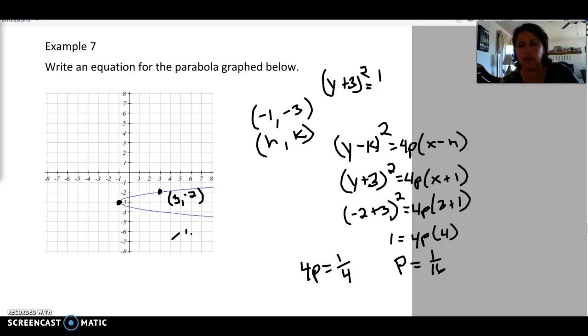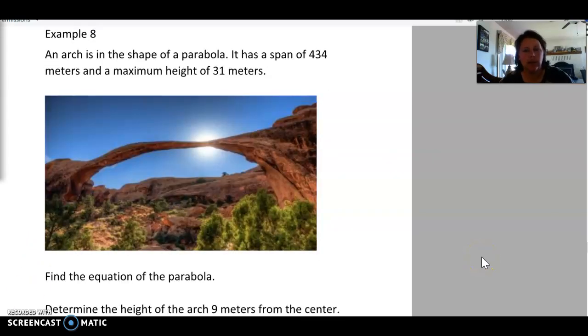Okay, and this you've got to be careful with because we do have y going first, so make sure you get your k in there. So y plus 3. Oh, now I'm really confused. I was looking at the wrong point. Sorry. Okay, y plus 3 squared, because that's our k, is equal to 4p, which is 1/4, times x plus 1. Okay, there we go. So everything's good there. So y plus 3 squared is equal to 1/4 times x plus 1 is the equation for this parabola. Okay, here on example number 8, we have an archway, and it is in the shape of